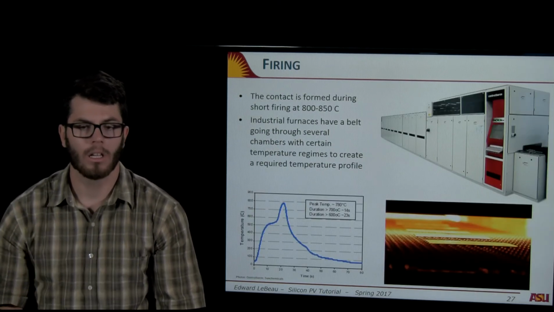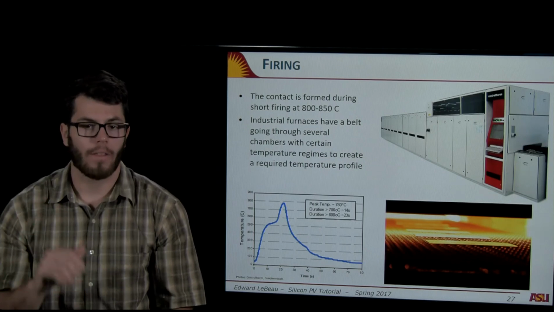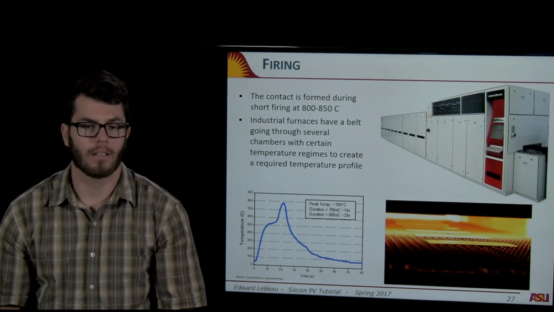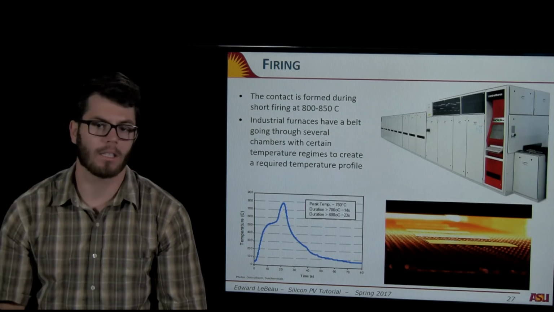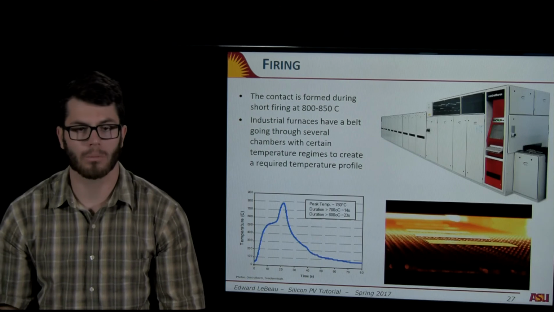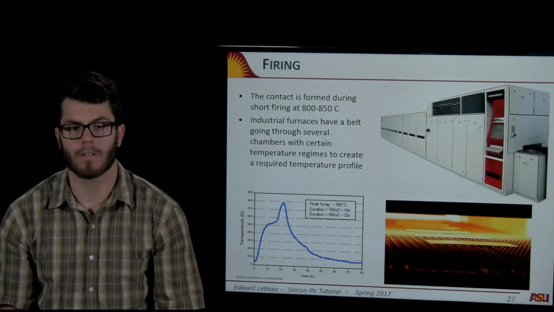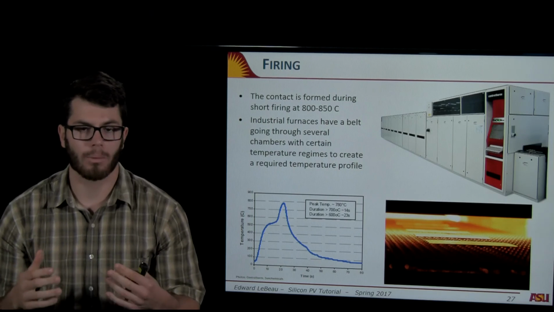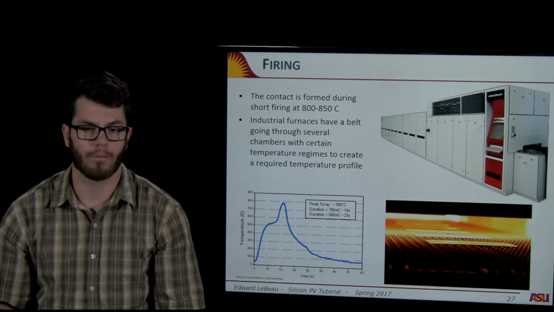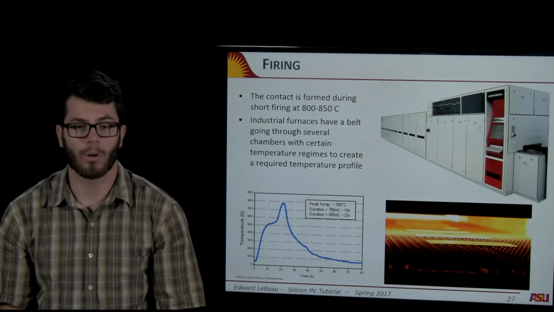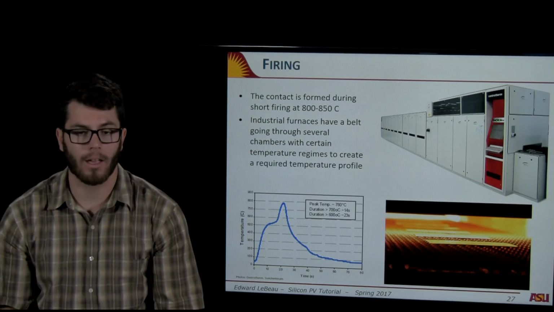Now, firing, you run it through. That burns all those things off, one. And then the other thing it does is it fires the metal into the silicon, so they're bound together. And how do you do that? Basically, another high temperature process. You heat it up to 800, 850 C. You run it through a belt furnace, and that'll burn the things off that need to be burned off, and fire the metal into the silicon. So that's your firing process, and once it comes out at the end of your belt furnace, you have a